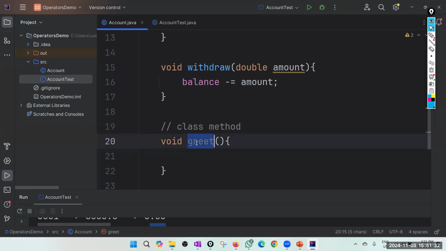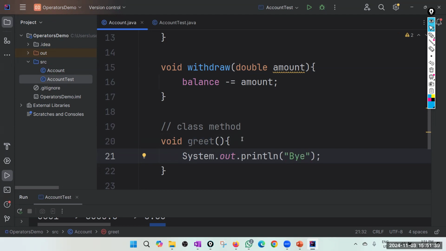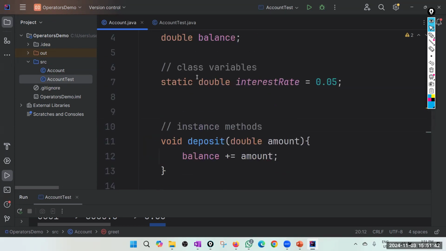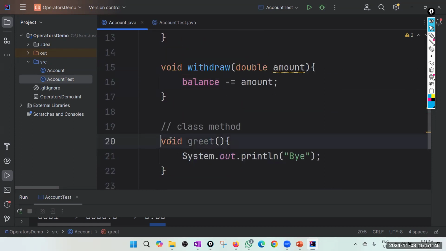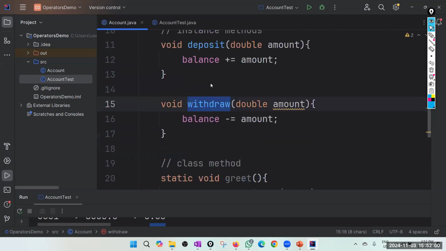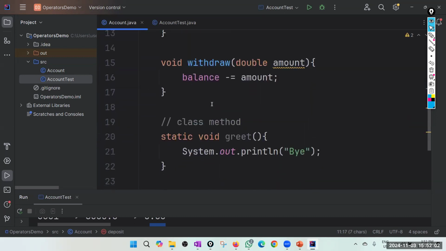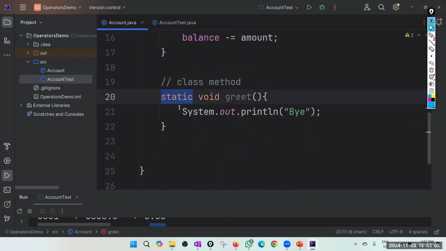Of course, this is not referring to any of the instance variables. Just System.out.println, say bye. Now this method does not refer to any of the instance variables, account number or balance. Therefore, I can mark it as static. It's a class method. Now greet is a static method, but I can't make my withdraw and deposit static methods.